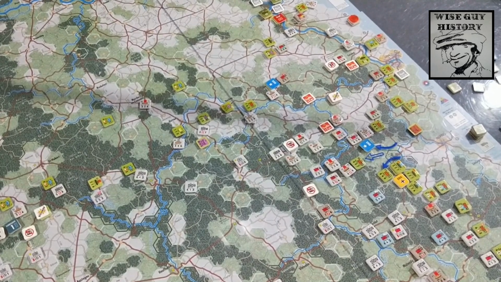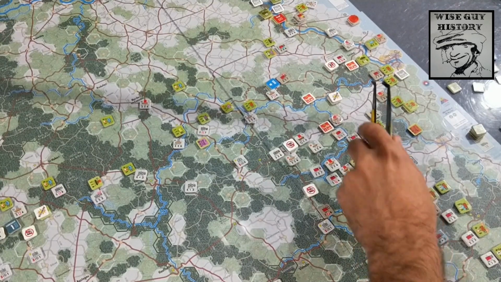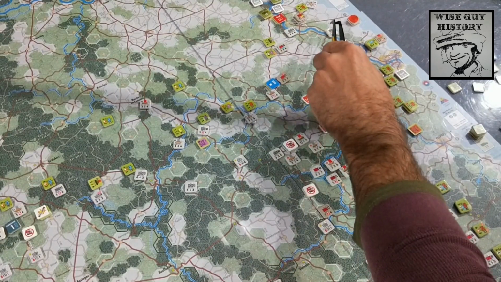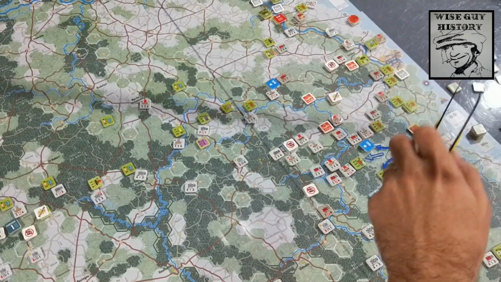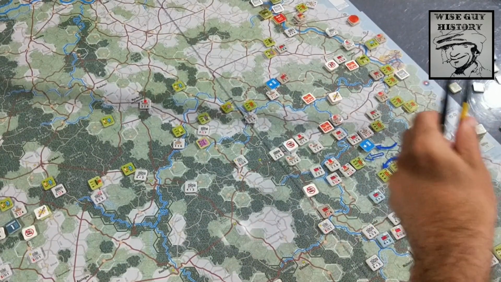So I've decided, okay, I'm going to make a rush for it. I'm going to exit these 24 attack factors this turn, and hope I can keep this corridor open. So you may be able to see these little clear markers on these units, and a little red one up here. These are the units that I'm exiting off the map